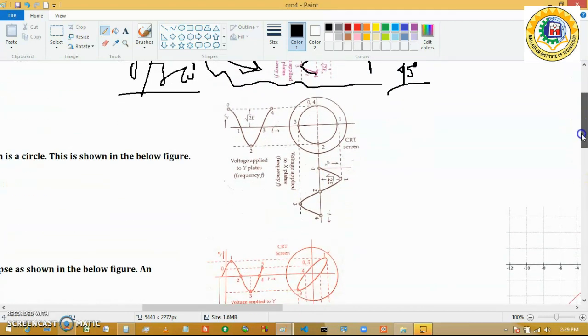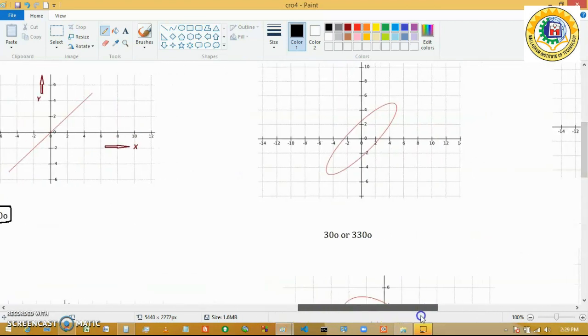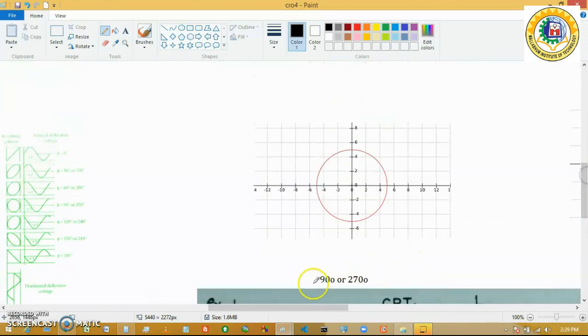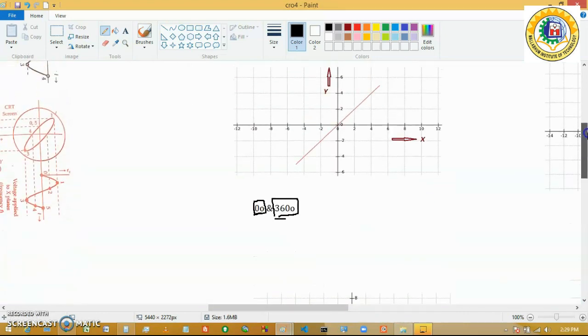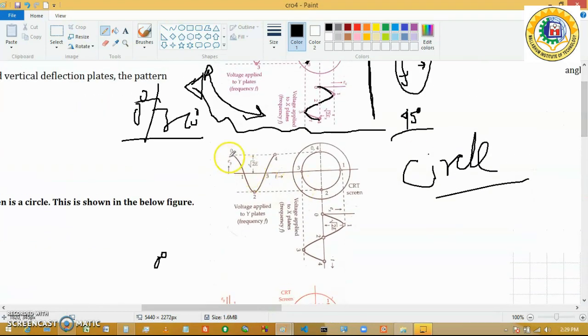Okay, now we can see again the formation of this. This is a standard formation, this is a circle. Now in the case of the circle, you can see from the figure here I have written that the phase difference between them is either 90 degree or 270 degree. In that case we are getting a circle. Now how we are getting a circle is being elaborately described here. So you can say that there is a 90 degree phase shift. The waveform actually happens to start here.